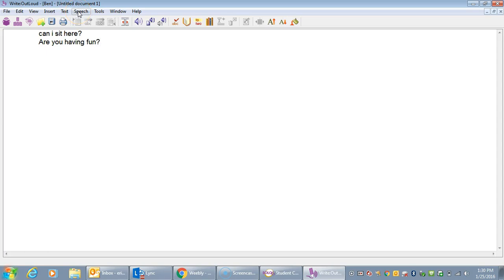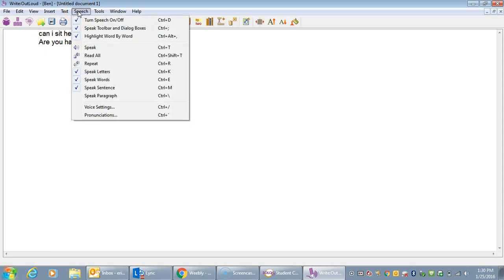We're going to go back and check our speech underneath our speech tab again. You can individualize this. You can turn the speech off if you just want the student to simply use the word processing. You can have it speak the toolbar and dialog boxes, which we are having it do for this demonstration. Highlight the word by word as it reads it, which again, I'm having that feature work as we are doing this demonstration. But I'm going to uncheck my